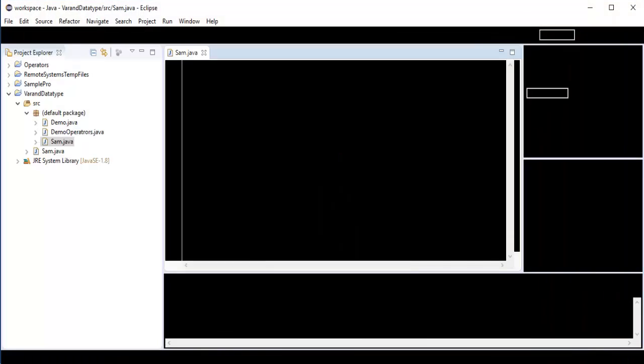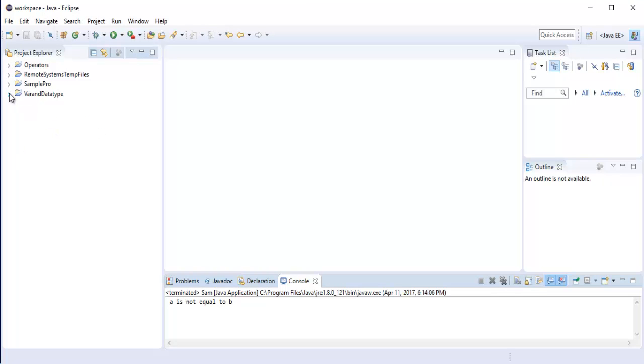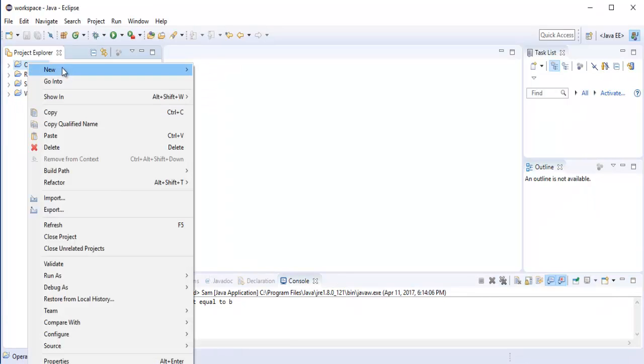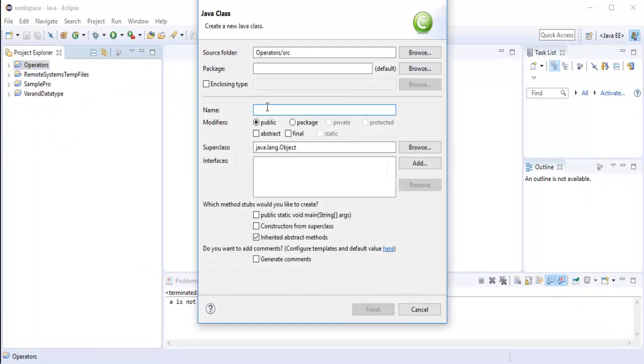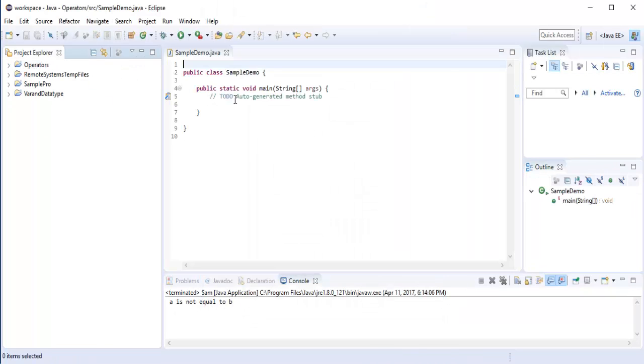So let me jump here, and let me close this program as of now. What I need to do is add a new class. The class name is SampleDemo, with the main method, so I'm going to add that. Once I do that, I'm going to get that method here.